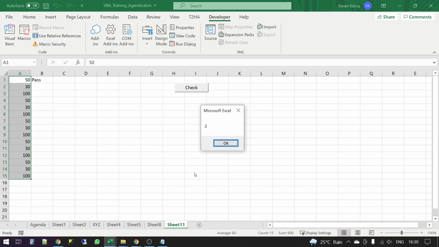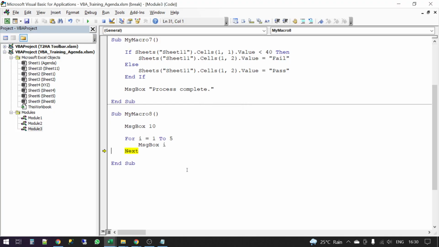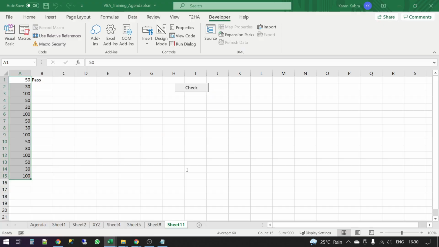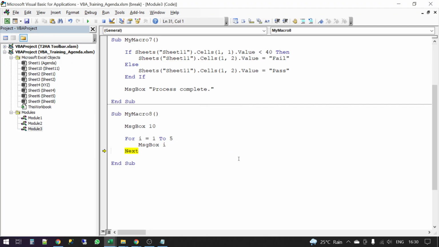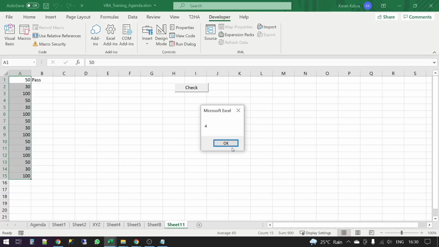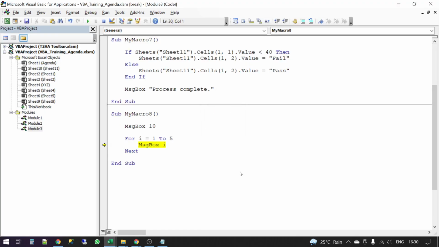We can check 2. Again 3. Again 4. Again 5. Now it will exit. So it has done. It will not go back here because it knows that it was only from 1 to 5. Now if I press F8, it is going down to the last line. That's it. Done. So whatever you want to automate or repeat, this is what you use, a For loop.